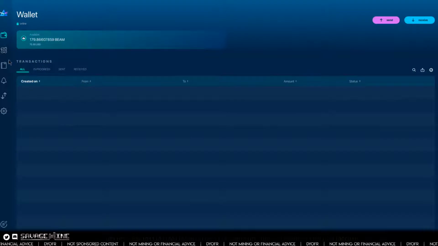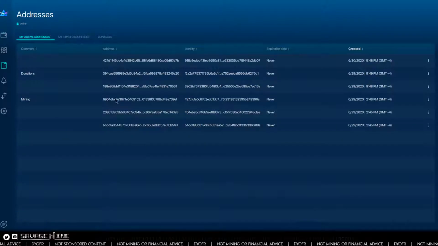So let's go over here, and you can see the address that I just generated right here, and it says never. Now I set all these to never, and the reason I did that is because I was using some of these to mine with. Okay, so I wanted to make sure that I went back to the pools that I was using and figured out which address I was mining to, and then point a miner at it to hit the minimum payout